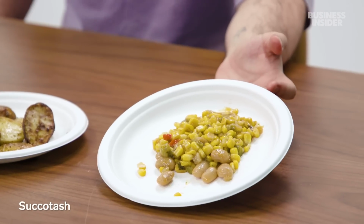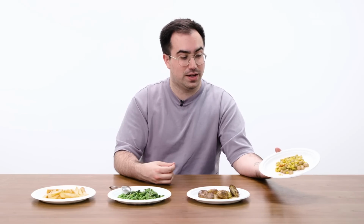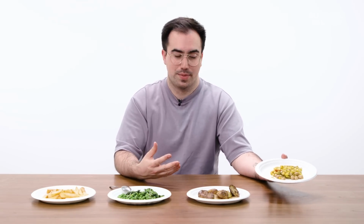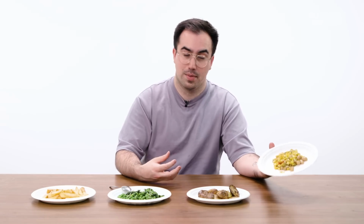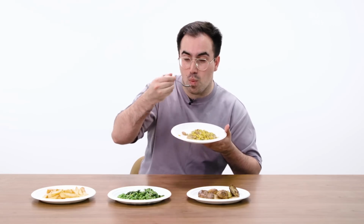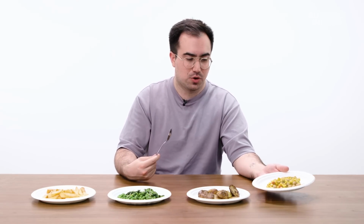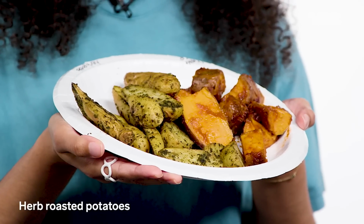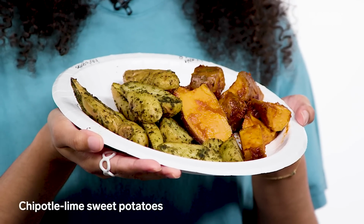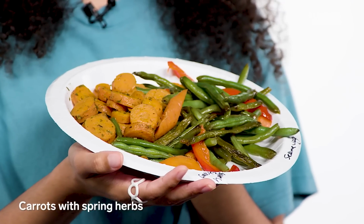Here is some succotash. It's effectively just corn and butter beans, or I think as Americans call them lima beans, which are cooked down with some herbs and spices. There's some peppers in there, some chilies. It's very sweet. A lot of sweetness from the corn. Pretty good. And in the US, we have herb roasted potatoes, chipotle lime sweet potatoes, carrots with spring herbs, sesame